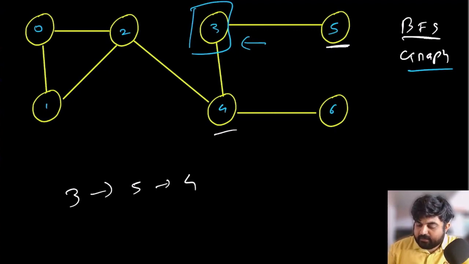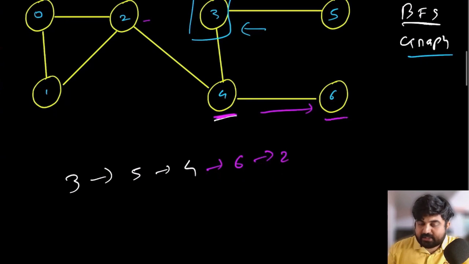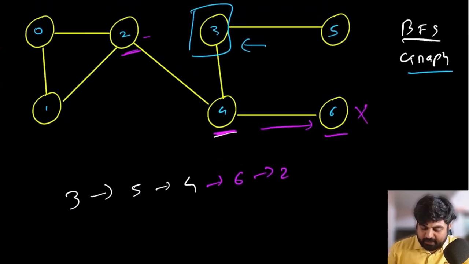Now 5 has no children or neighbors, so because 5 does not have any neighbors, we do not need to iterate any further. But 4 already has some neighbors. So from position number 4, the first neighbor is 6 and the second neighbor is 2. So we visit 6 and 2. Again 6 does not have any neighbor, so we are not concerned about it, but 2 has 2 neighbors, 1 and 0. So again let's try this: 2 visits node 1 and again node 0.